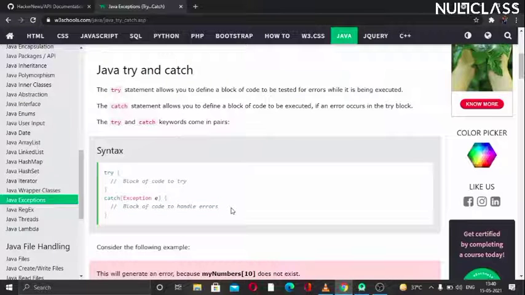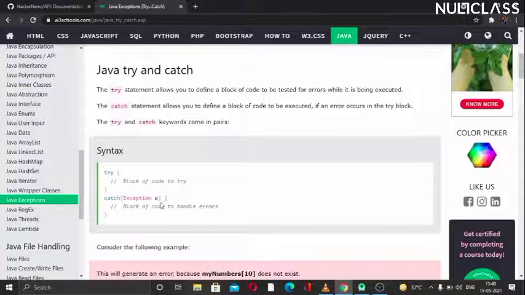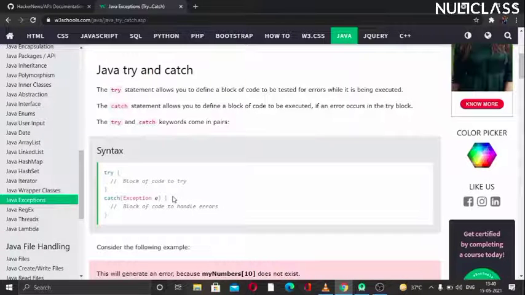This is the code to handle the errors. Like you want to show a message to the user that you are having an error. Let's say for a login, if a person did not enter their password or something, you have to show an error. You will just write the code here saying you haven't entered the password, and that will handle the error. Okay, this is a very useful feature.